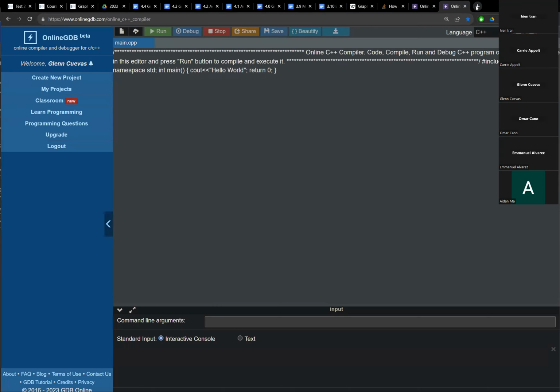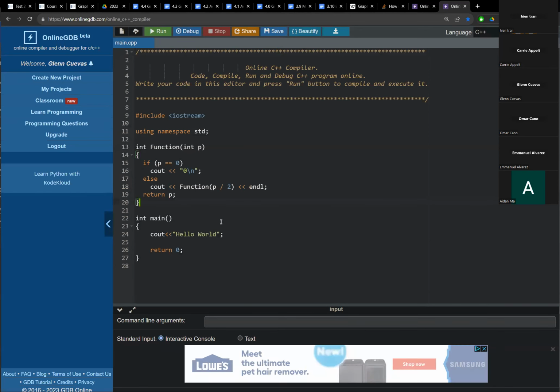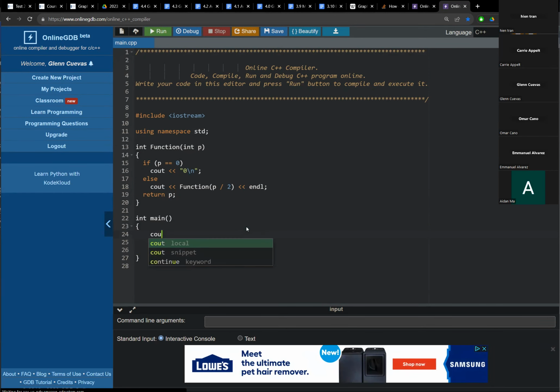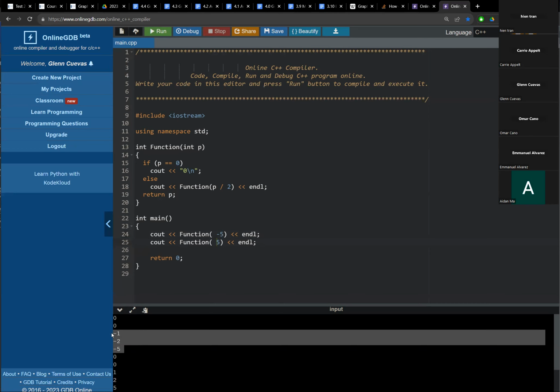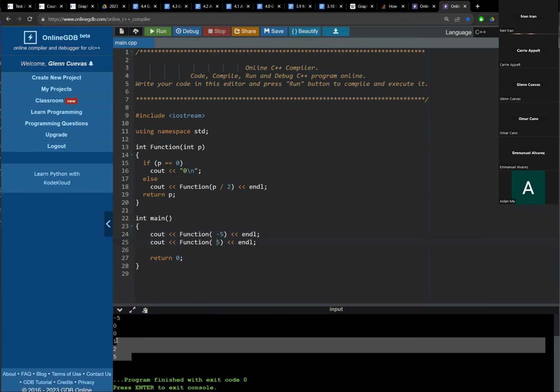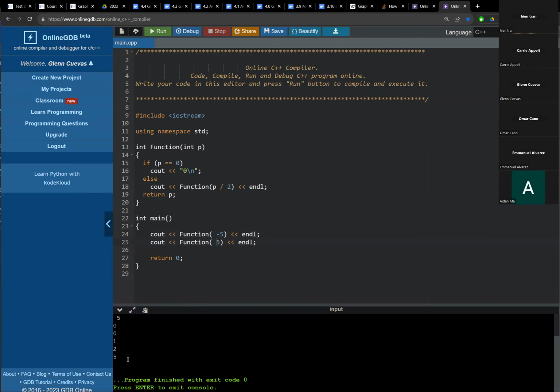All right, so our recursive function. Function, right? -5. Inline. Function 5. All right, so 0, 0. Negative numbers going towards 0. Get 0 out a couple of times. 5 going towards 0. Get 0 a couple of times. So